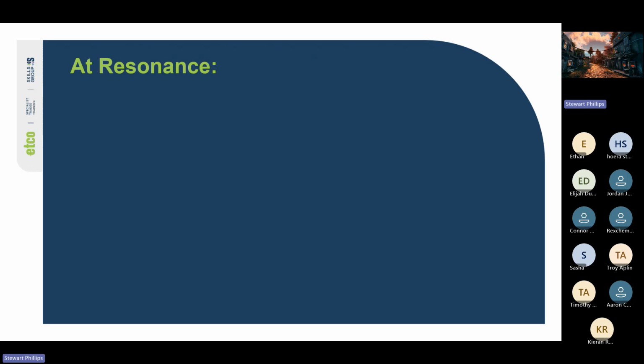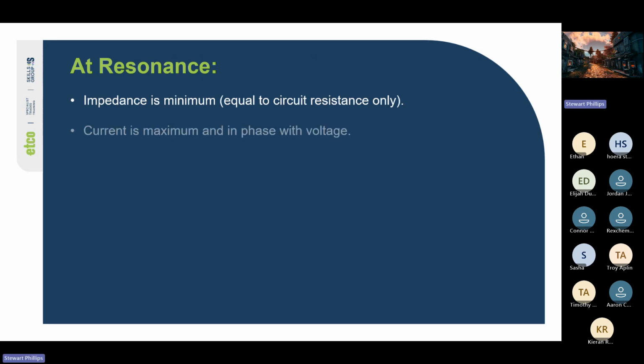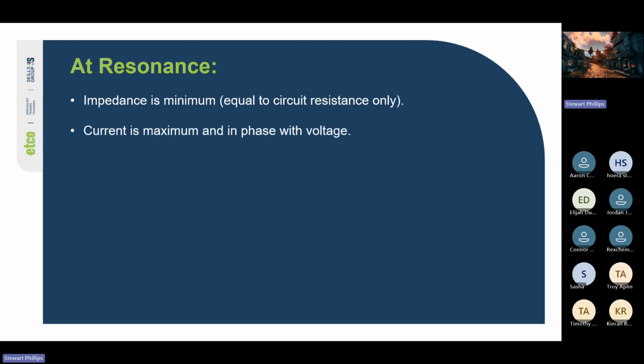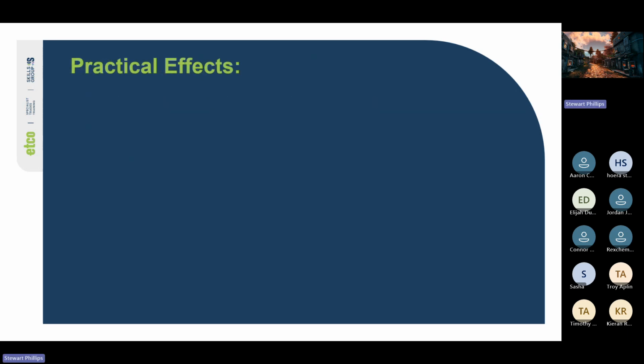So at resonance, the impedance is minimum, equal to the circuit resistance only. So we've lowered our impedance level to the purely resistive level of the circuit. And all of a sudden that current is maximum and in phase with the voltage. We get an energy oscillation between the inductor and the capacitor, and we get that back and forth that we were talking about, where energy constantly builds up and up and up. What this means in reality,